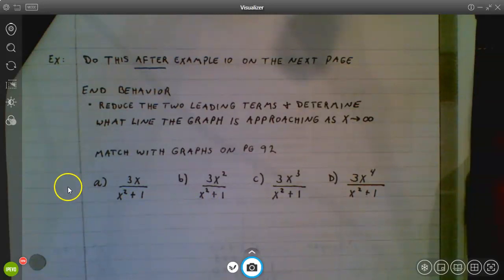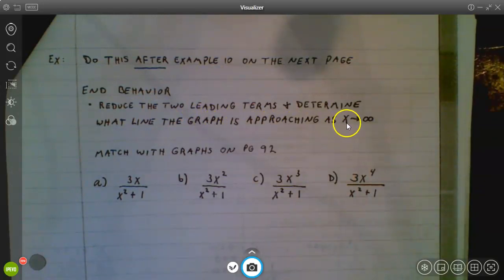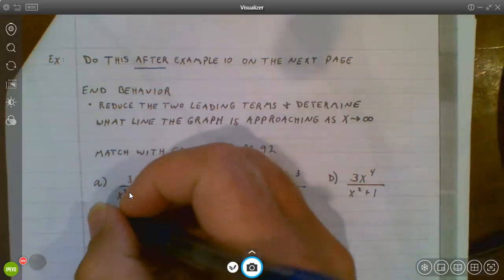So what we're going to do is we're just going to look at the 2 leading terms in order to help us figure out what our graph is approaching as we go to the right, as x approaches infinity. So we're going to match these. I'll show you the graphs here in a second, but I want you to note a couple things here. So what is this graph approaching? So as we talked about earlier, my top exponent is smaller than my bottom exponent. So we already know this one has a horizontal asymptote